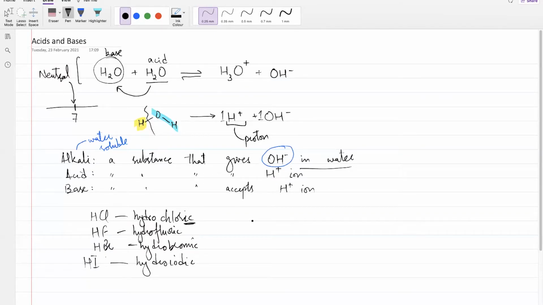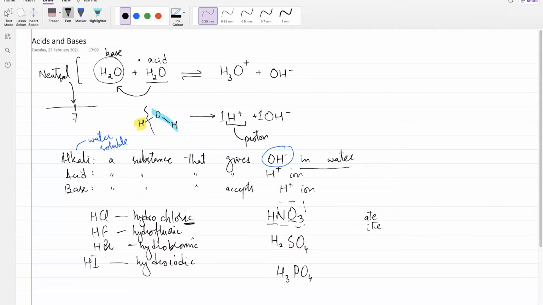Okay, when you have more than two elements, so for example, if you have this thing, or this thing, or this one, here what we do is that we do not name the hydrogen part, we do not name the oxide part. What we do instead is we put ate or ite in the name, for the ion, that ion there.